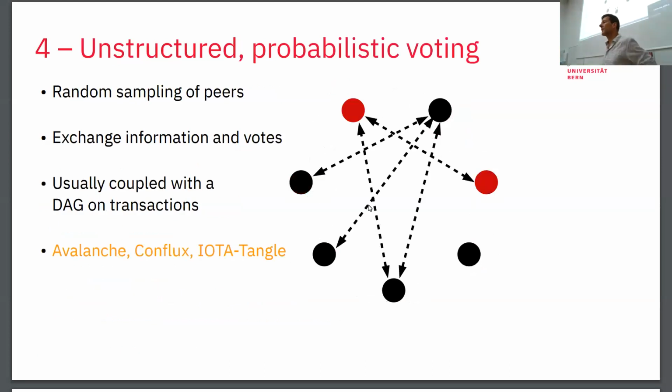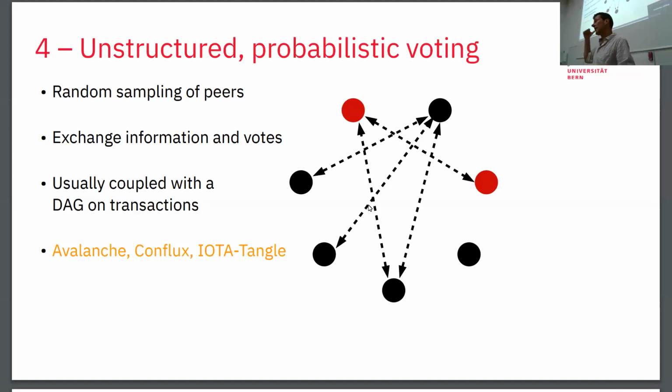There's a fourth model that has been used, where we don't have such strict quorums or such nice consistency guarantees. I call this unstructured voting or probabilistic voting. The guarantees that we get from it are consequently probabilistic, not really as sound and secure as the ones from the previous systems. Since all these systems use cryptography, there is always, in a formal mathematical sense, the possibility that some of the keys get exposed, but we usually abstract this away and pretend cryptography works fine.